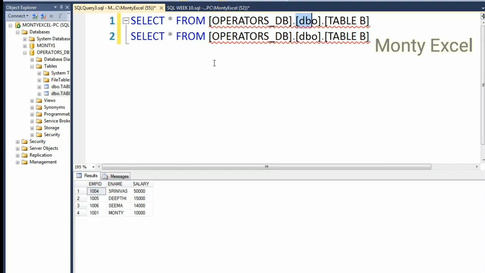Even if you're not mentioning the DB, it also doesn't matter. Why? What is the reason actually? Even if you're not mentioning this, why is it still working? The reason is you are in the same database in which you're working. For example, I'm in the operational database, I'm working in the operational database. So it will not mind even if you're not giving this one. Now you can see the red line is gone without doing anything, because you are in the actual database